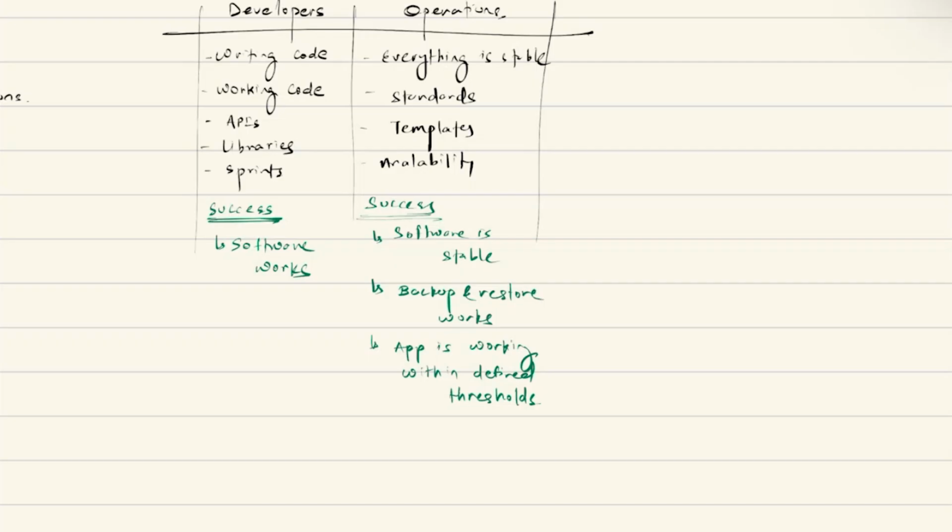DevOps, when you combine both of them, right? The DevOps methodologies break down the silos, the communication gap between the development of the software and the operations of deploying and maintaining the software.